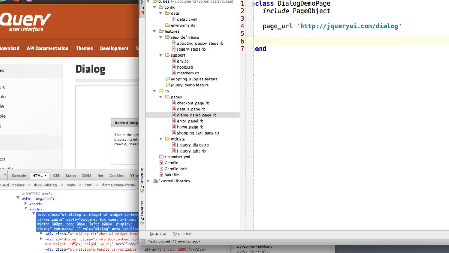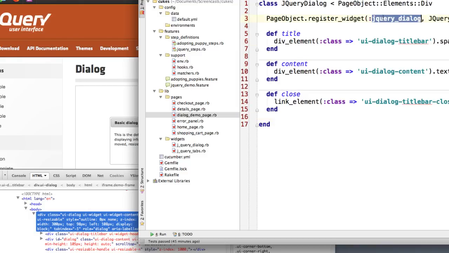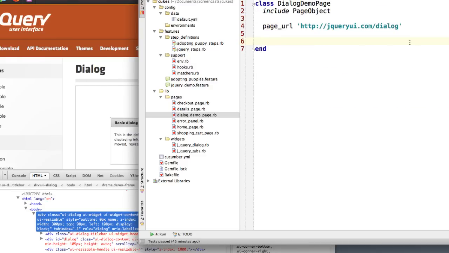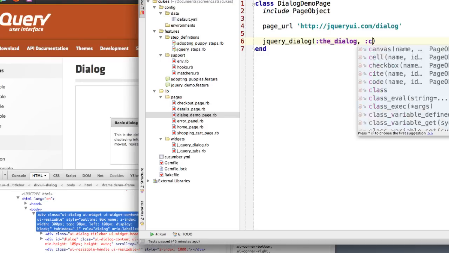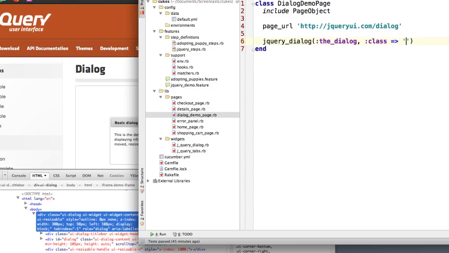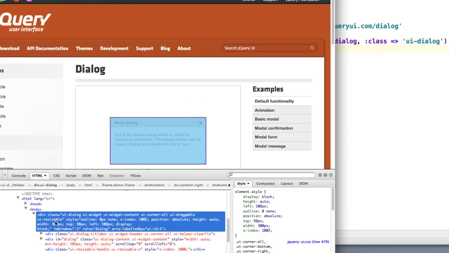Here is something that's really neat. I'll go back and show you. When we registered this, we said we want to call it jQuery dialog. So in my page here, whenever I want to declare it, I simply do that. And I'm just going to call it the dialog for right now. How do you want to find it? Well, we just saw that it has a class of UI dialog. Excellent. So that will find that control,